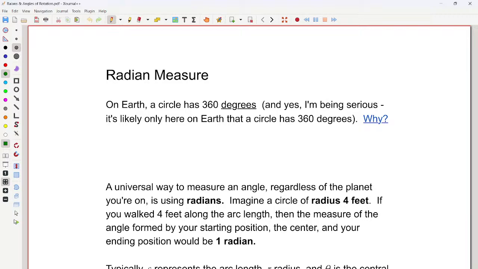We will compare that to degree measure of angles. We'll talk about angles in general, how we can imagine them geometrically as a picture. I think most of us hear angle and we immediately think triangle, but we'll go from there. We'll talk about something called a unit circle and some interesting functions, actually 6 functions, typically called trig functions, but I like to call them,